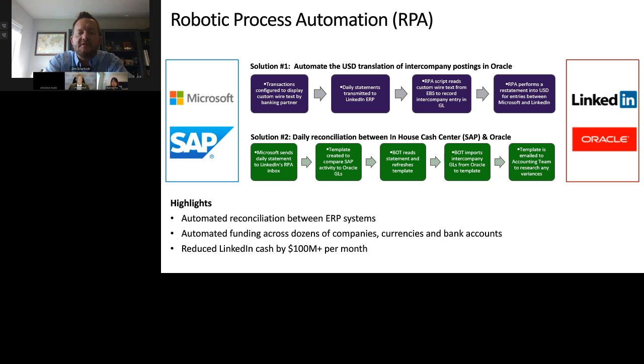And we have a lot of this information fed directly via an automated email job that gets sent directly to the LinkedIn staff. And we were able to create an RPA process that would look at the bank statement activity and then automatically post it to their general ledger system. This is incredibly powerful because it allows us to ensure that activity in our ERP system is properly posting in theirs. And because we're able to do that, we can now set up the subsidiaries on zero balance account structures and automated funding and clear all of their intercompany within SAP, which has allowed us to significantly automate some of our prior flows.